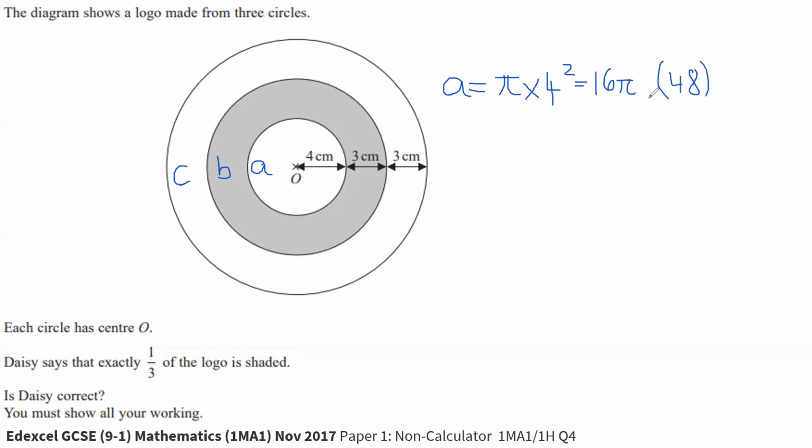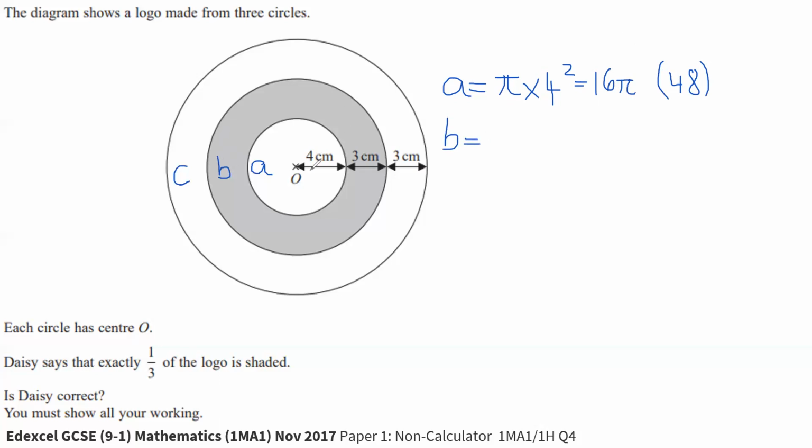It really doesn't matter. And I've checked on the mark scheme, and as long as you're consistent with the method that you use, it really doesn't matter whether or not you leave things in terms of pi, which I actually think becomes slightly easier at the end, or whether or not you work out an approximate value using pi equals 3. So if we move on to the shaded one